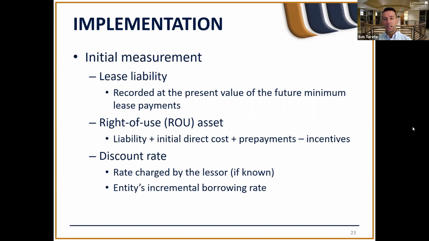And then incentives that you would back out of the right of use asset value would be, let's say, the new lessor bought you out of an old lease to get you this new shiny piece of equipment. So that compensation or that buyout of your old lease would be a reduction to your right of use asset. But in most cases, your lease liability should be the same as your right of use asset, but not necessarily always the case. So now moving on, that we have our right of use asset recorded and related liability, we're now going to walk through how we account for these lease payments and related amortization over the term of the lease.